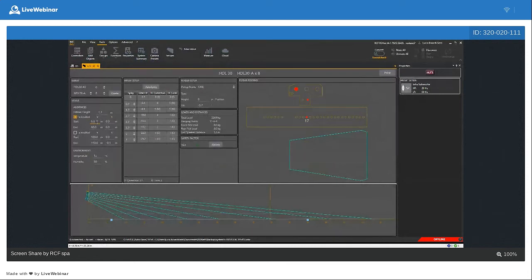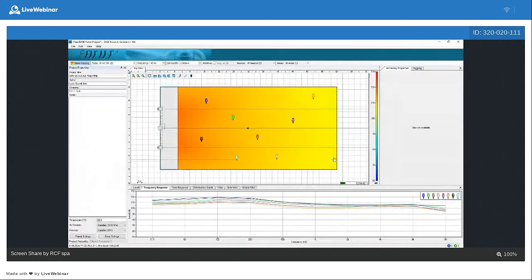My only inputs are the starting point of the audience, the ending point of the audience, the height of the flybar, and temperature and humidity. Finish. Then write down or remember this value, copy these values in Ease Focus, add some information, and then you